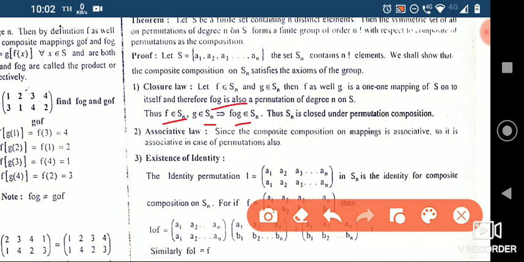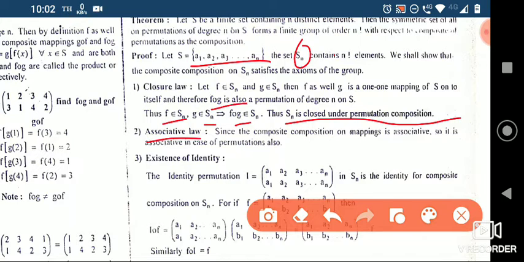Thus Sn is closed under permutation composition. Here, if S is a set, then Sn is the symmetric set, and we are going to show that this symmetric set is a group, the symmetric group.